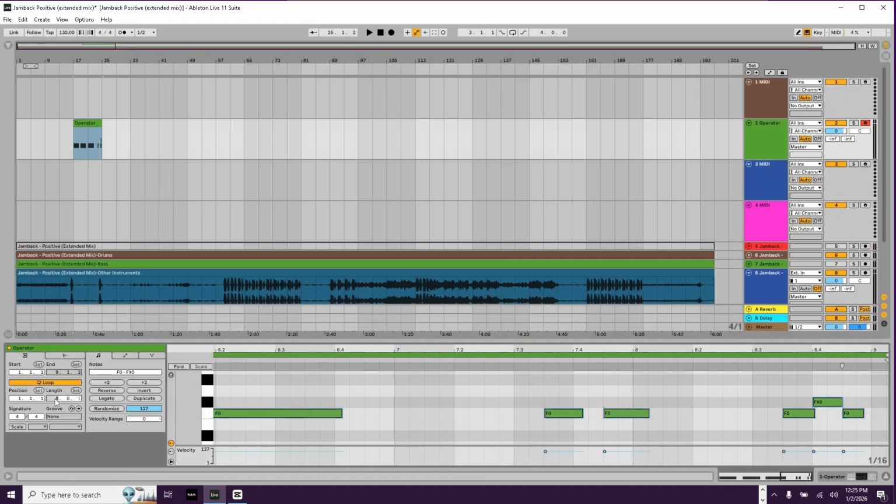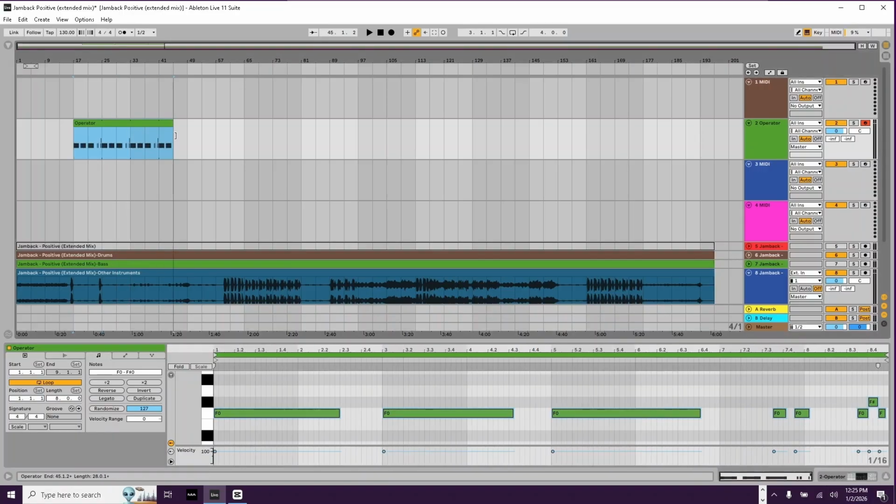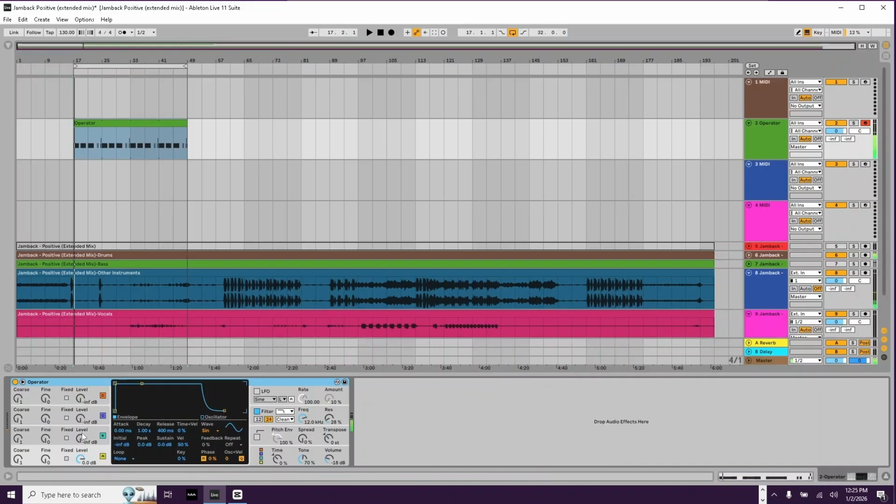I'm going to change the length to 8 exactly, which shortens it up a little bit. Pull the end in here. And that way from here, I can stretch this out. We'll stretch it out, what is that, 16 bars? That's probably a lot, but I'm going to Control L to loop that part. And I'm going to go through here and